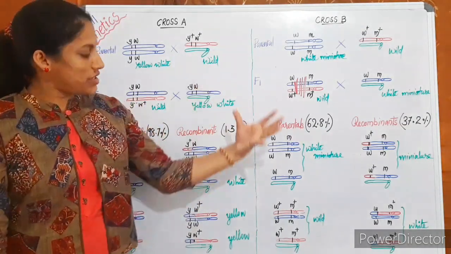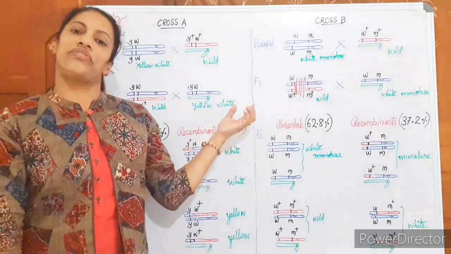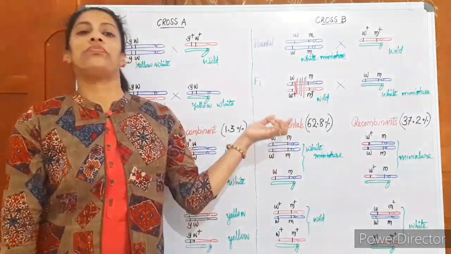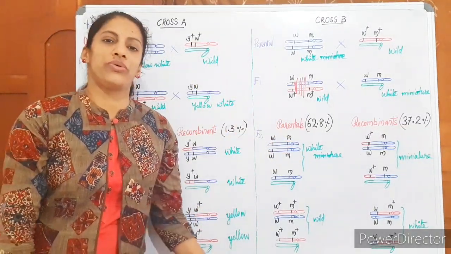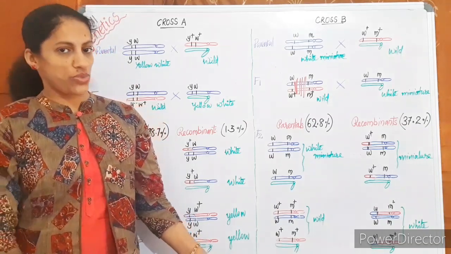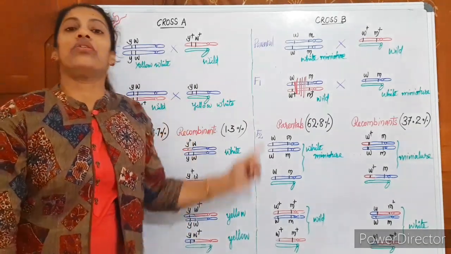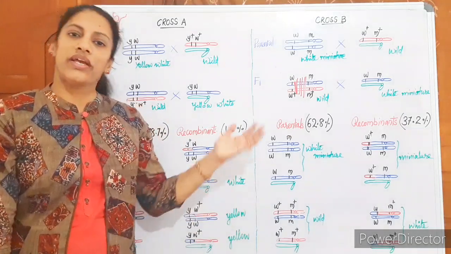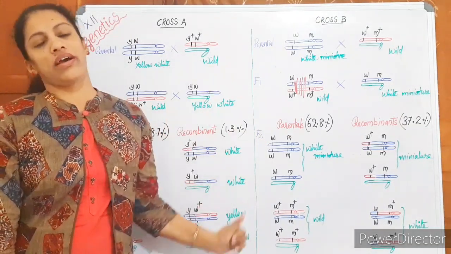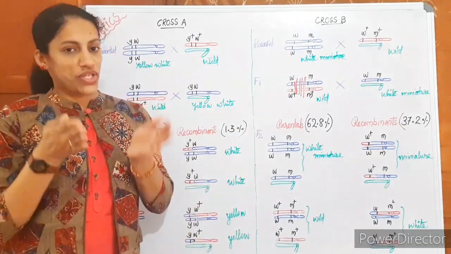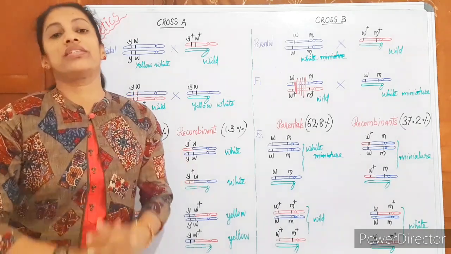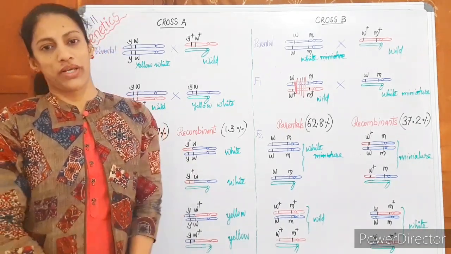That is why T.H. Morgan deviated from the Mendelian ratio. Mendel obtained the ratio of all dihybrid crosses as 9:3:3:1. But T.H. Morgan never obtained that ratio. Then he explained the phenomenon of linkage as the reason for that. Since the genes are linked, there is no chance for them to assort independently.